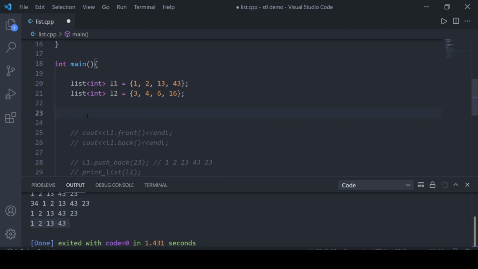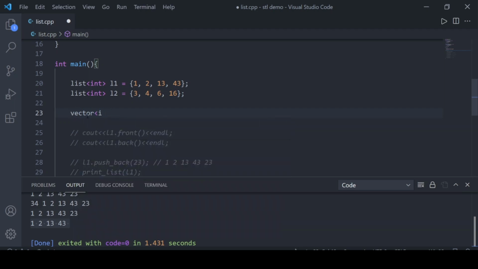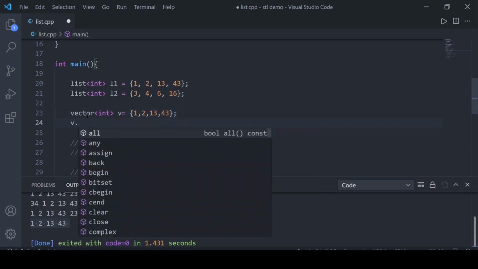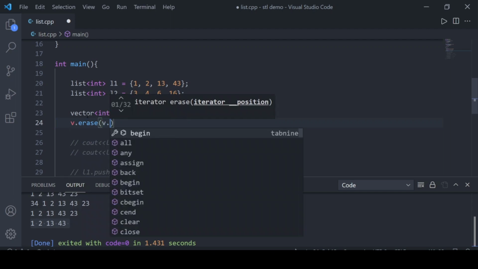In the vector, how would we do that? So if there is a vector, let's say v, with similar things 1, 2, 13 and 43. If we have to delete 13, what we can do is v dot erase, and then we pass the iterator to that.